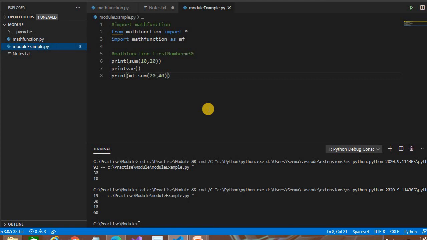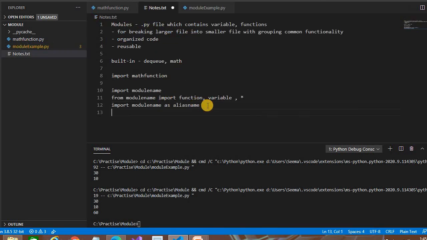If it is not found in the current directory or in the Python path, it will go to the default installation directory and check there. To see that, we have a built-in sys module. If we write import sys and then sys.path, it will give the path of Python.